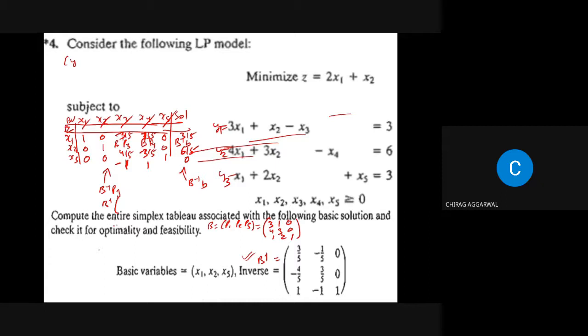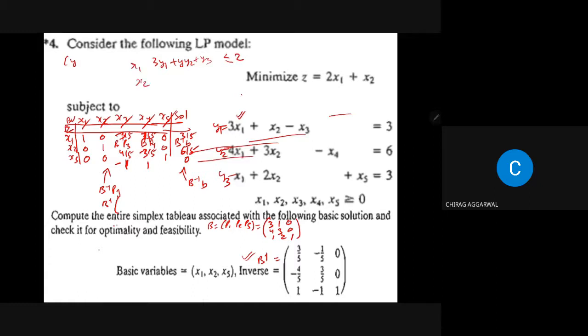Okay, sir. So if you write the dual constraint corresponding to x1, what will come? It will come 3y1 plus 4y2 plus y3, and right hand side will be 2. The problem is of minimization, so dual is maximization. So here the constraint will come less than equal to. So this is corresponding to x1.